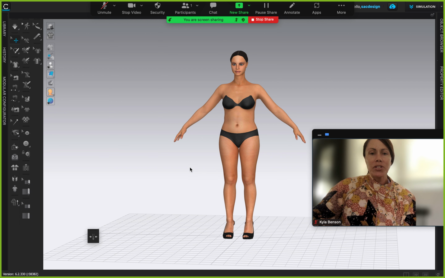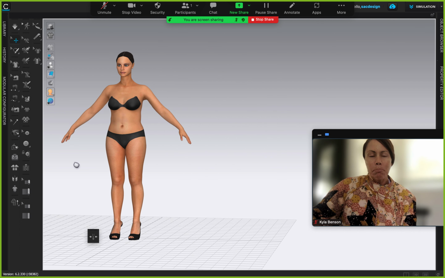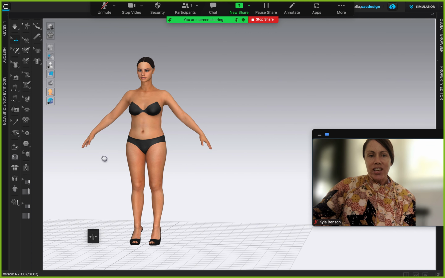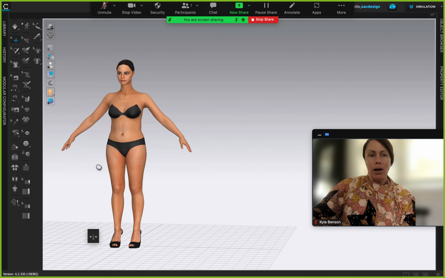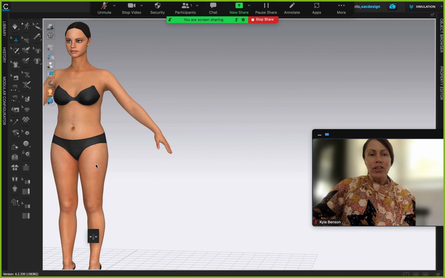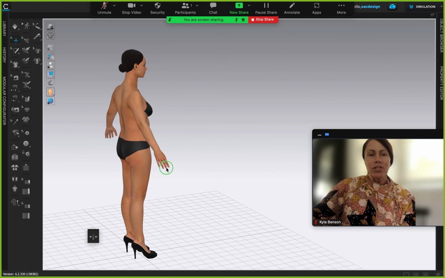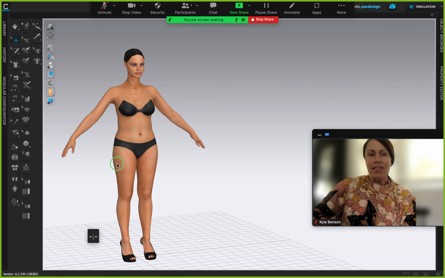Now, just so you know, to navigate, make sure you know how to pan. That's where you push the button. I have a mouse with a scroll wheel, and I can push it and just kind of move it around. That's going to be really helpful. To zoom in and out, I use the scroll wheel as well. And then to turn around my avatar, I'm just holding my right mouse button and then moving my mouse.